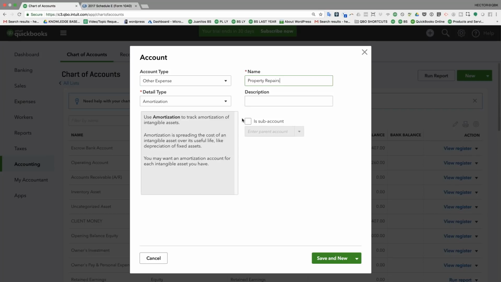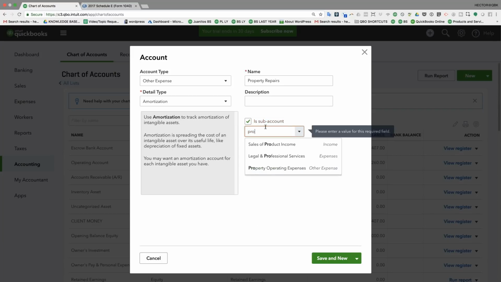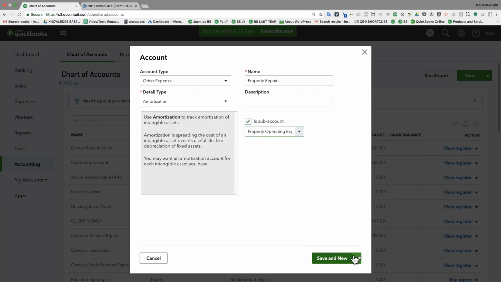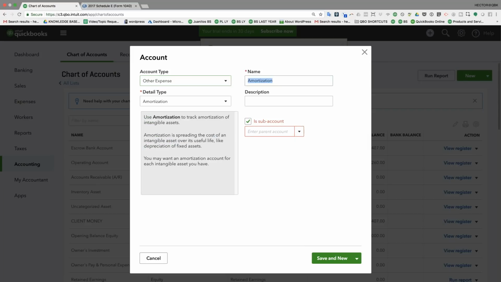Okay, that's one of them. And we'll make that a sub account of our property operating expenses, right? Again, these are all other expenses: property repairs, property other operating expenses. I'm going to hit save and new. I'm going to create one called